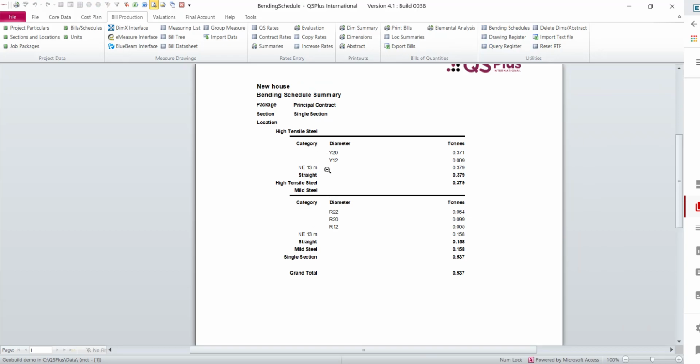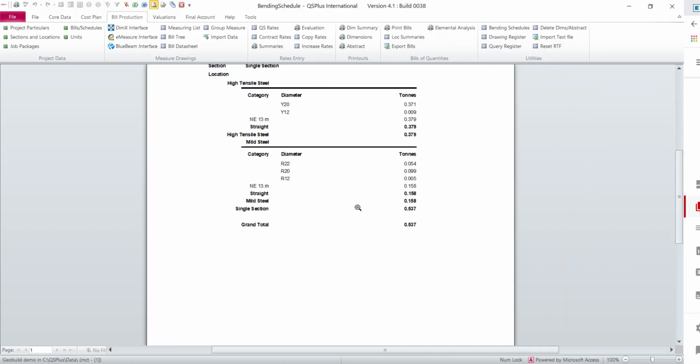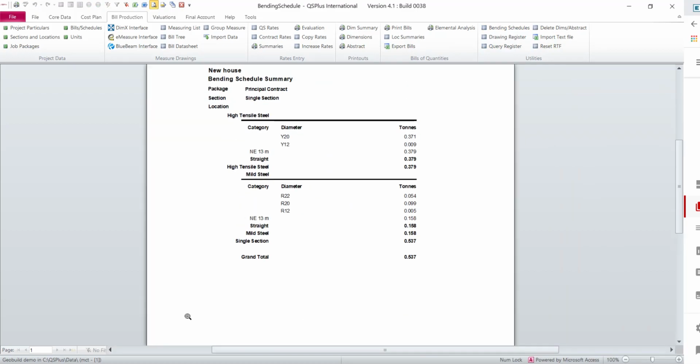So that's high tensile, and this is mild steel here. Obviously the high tensile is the Y's, and the R's are that. So then just print that out